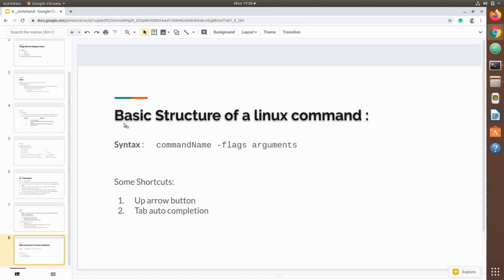Let us see the basic structure of a Linux command by using the ls command as an example. The basic syntax of a Linux command is the command name, and then flags followed by arguments.